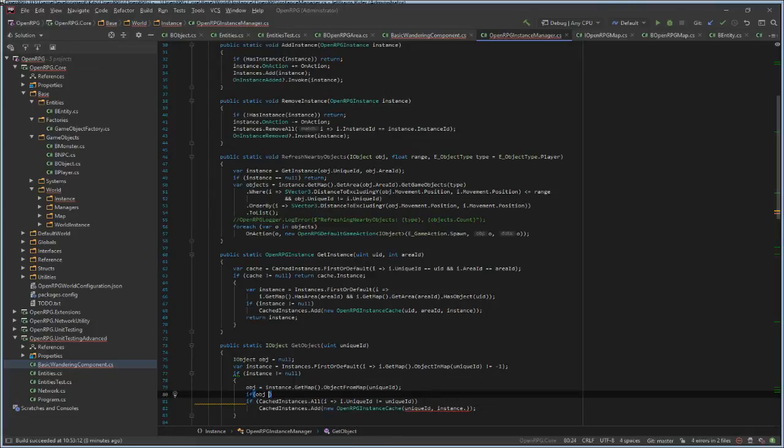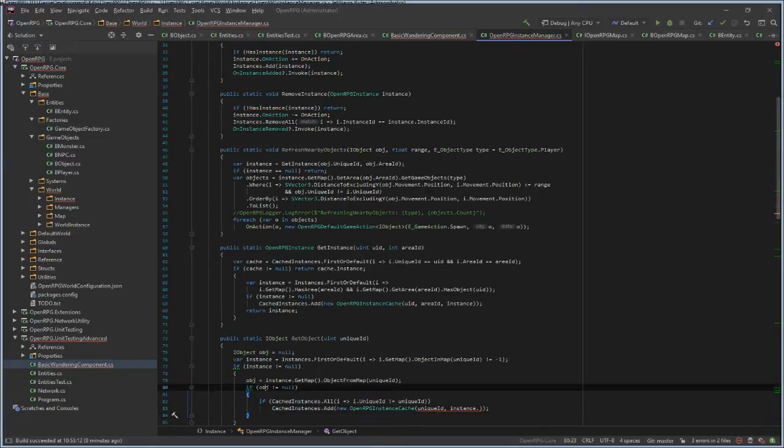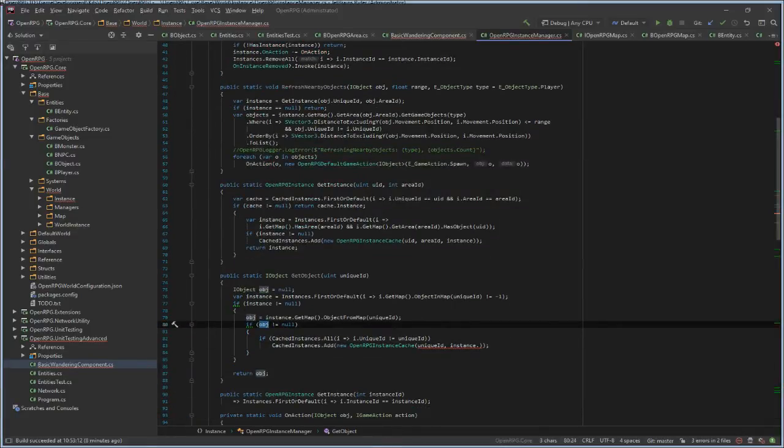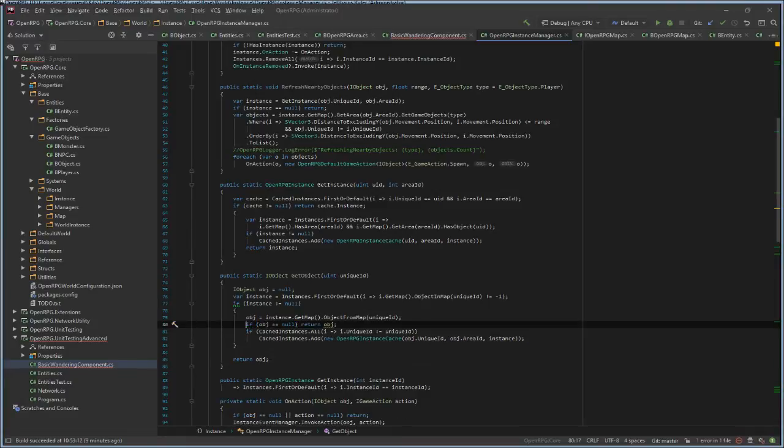If object isn't equal to null, if this is a valid object and it exists within this map, we continue to add cache object dot area ID instance. Great. Should probably use object dot unique ID. Maybe. Yeah, I don't know.